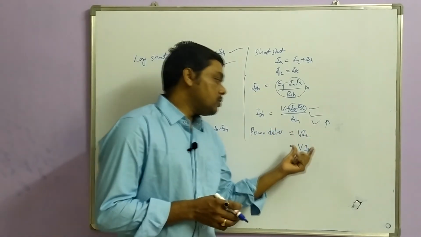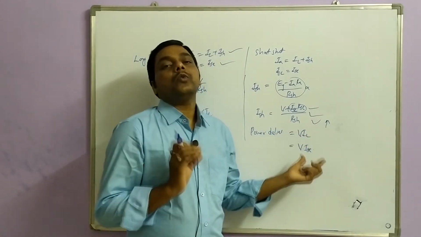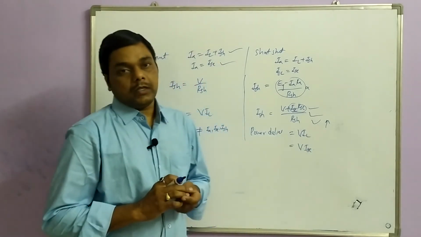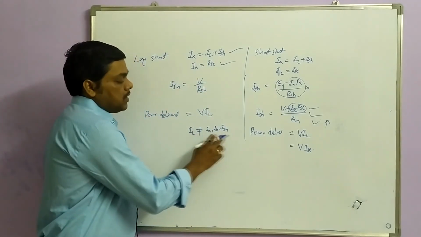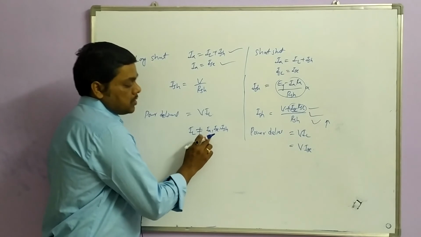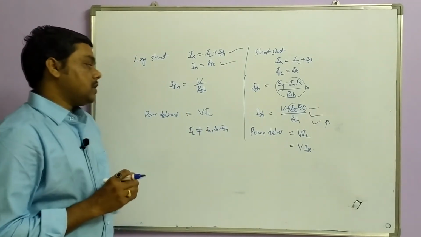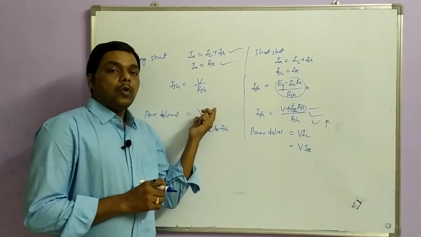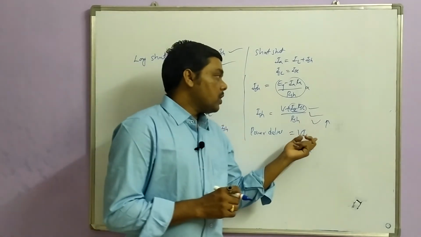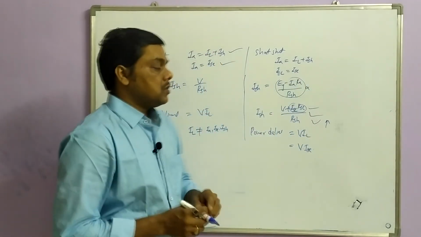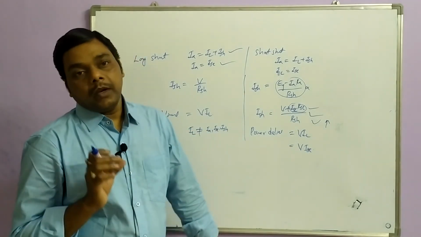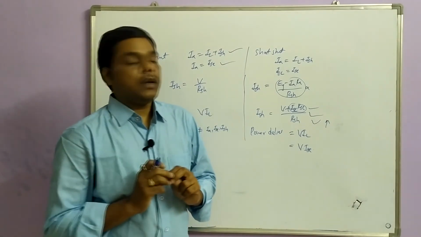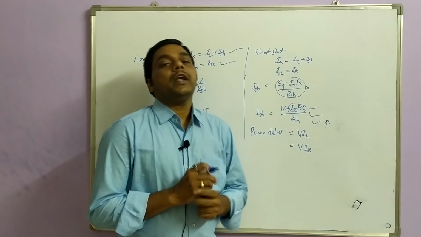Now your series winding should be designed with as low resistance as possible, so it carries the huge amount of load currents. Now here IL is always different from armature current, series current and shunt current. So the power delivered to the load only depends upon load current. So here load current is equal to series current, since series winding should be prepared. So that means the resistance of series winding should be kept at a very low value.